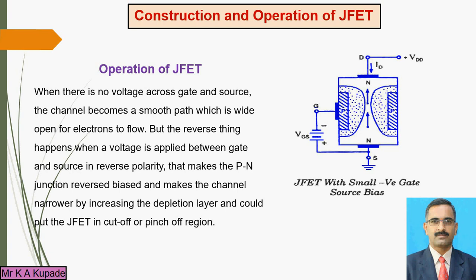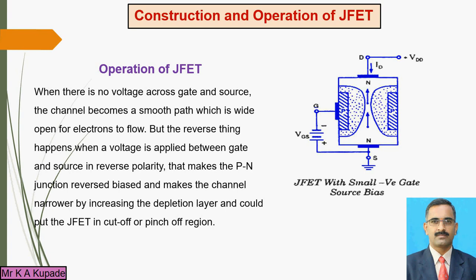Barrier width in the sense of depletion region. That depletion region is getting increased. That means on both sides of that bar the depletion region increases when you apply the reverse voltage to the gate terminal. That means you are making the junction reverse biased, right? You are biasing that junction in the reverse condition, and due to that the barrier width is increasing. So the path you get from source to drain is again minimized.